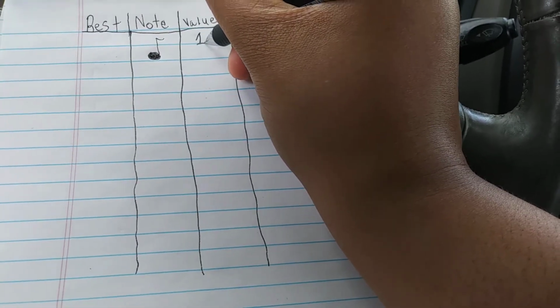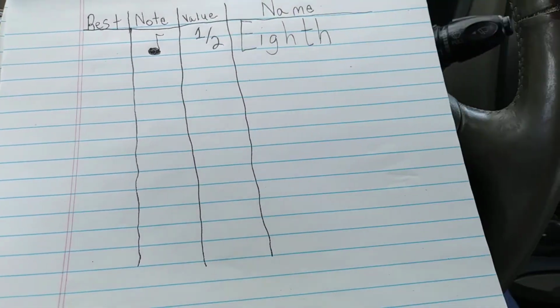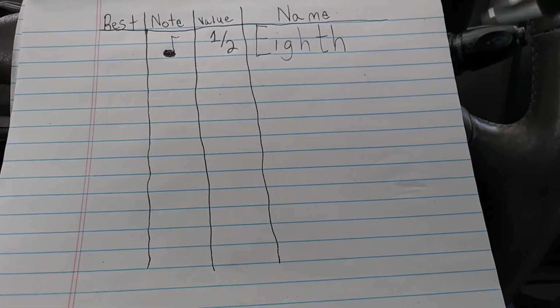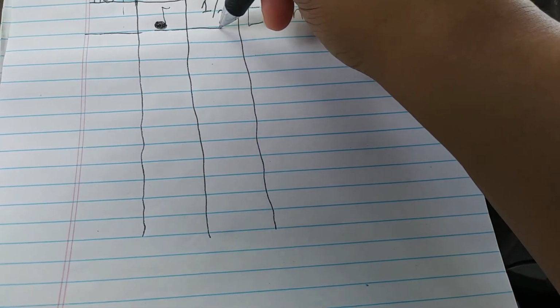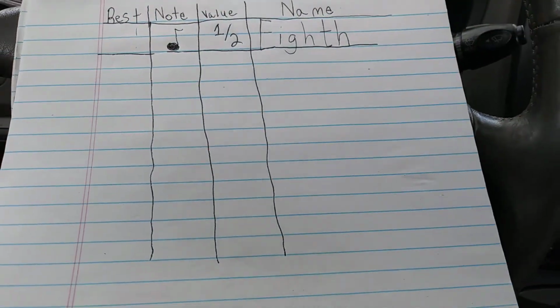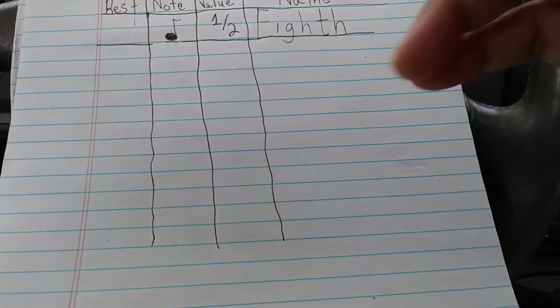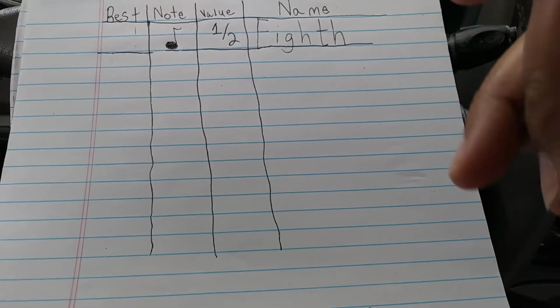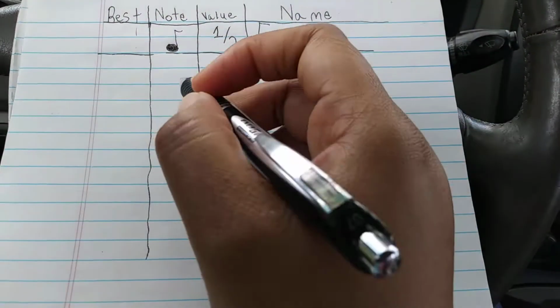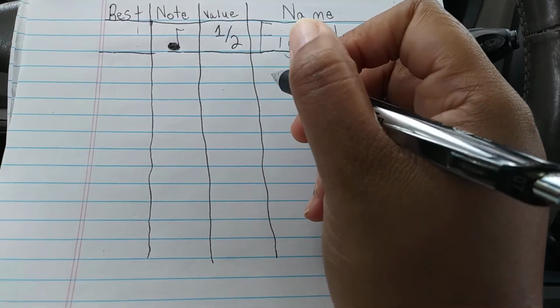Okay, 1/2. That's a half a beat. See that? That's that 8th note. We're not going to write the rest today, so you can draw a line here if you want, so that you can show that you're going to the next one. All right, and the next one, go ahead and press pause if you need to, so then we can draw the next one. The next one is going to be